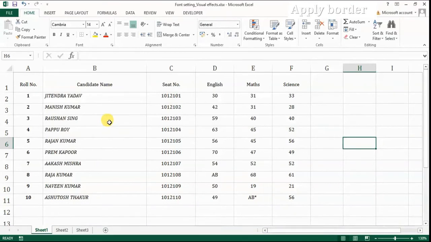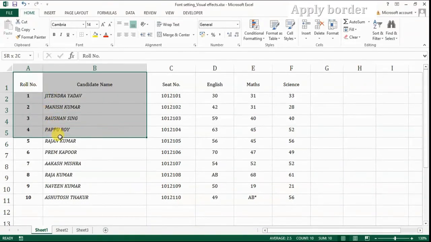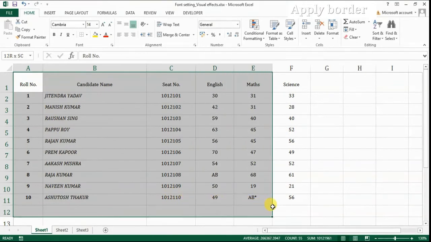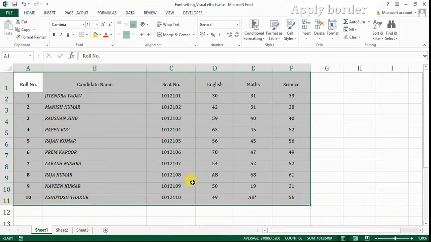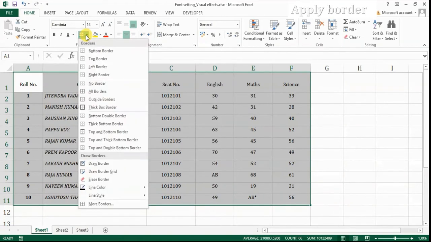To apply the borders to our table, select the table. You can change the border type from this drop down menu. You can pick any of this type of border, all borders.